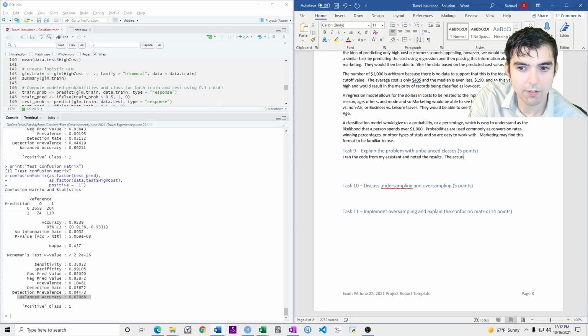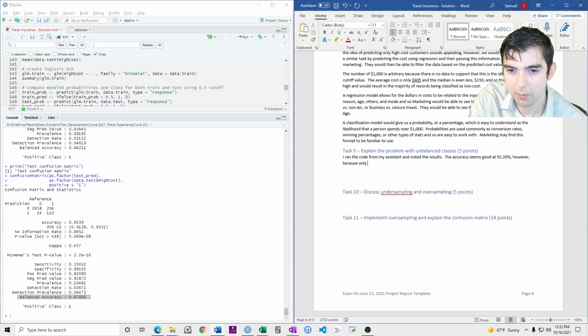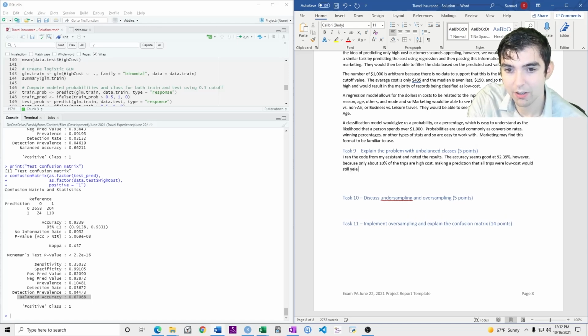So the accuracy seems good at 92%. However, because only about 10% of the trips are high cost, making a prediction that all trips were low cost would still yield an accuracy of 90%.